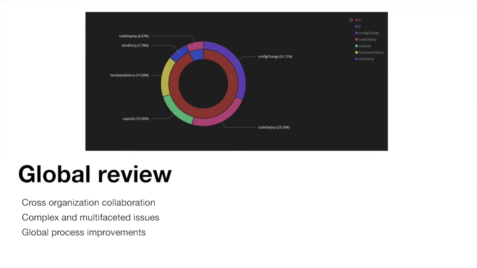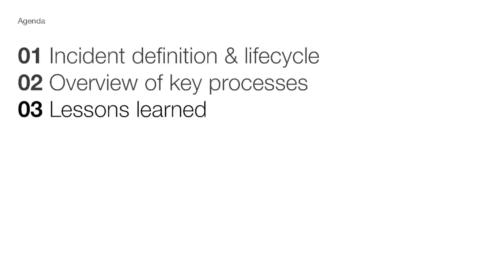So those are the key processes: things like on-call, incident response, onboarding, incident postmortem, and then finally multiple layers of review. Those are the key processes that happen, and all of these things have improved the incident management posture at Uber greatly. But even with that, I want to call out a few key lessons that I think have helped us more than the others, and I want to take a few minutes to go through those.